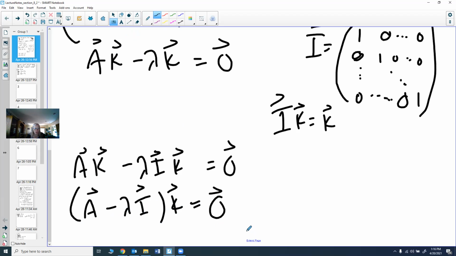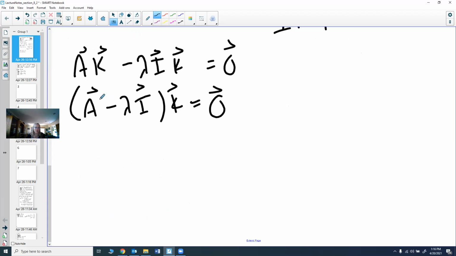We then want to look at the only way this could equal 0. We could think of it as dividing by it, but you really don't divide by a matrix, so we want to think about finding the determinant of it. So for non-trivial solutions of k, the determinant